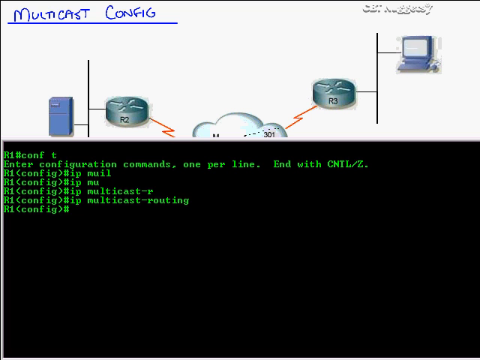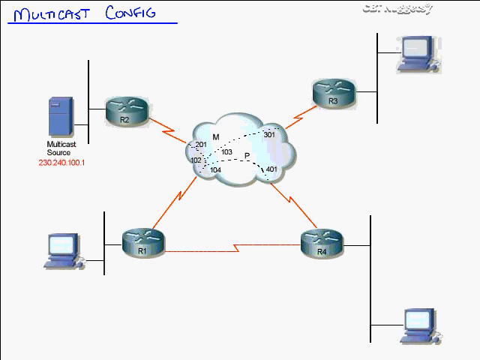One, what interfaces are going to run multicast routing, and two, what mode you want those interfaces to participate in. Now, in the concept section, I talked about two modes. There was IP PIM dense mode and sparse mode. Now, looking at router 1, we have